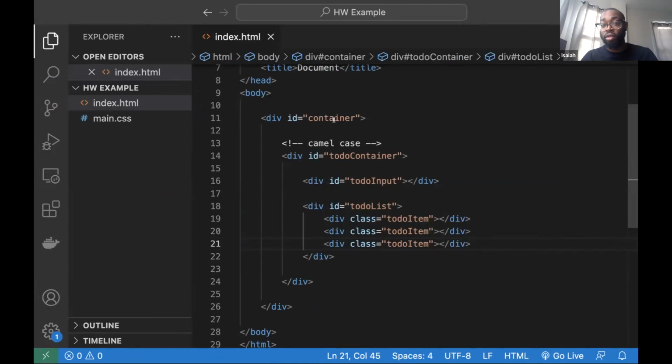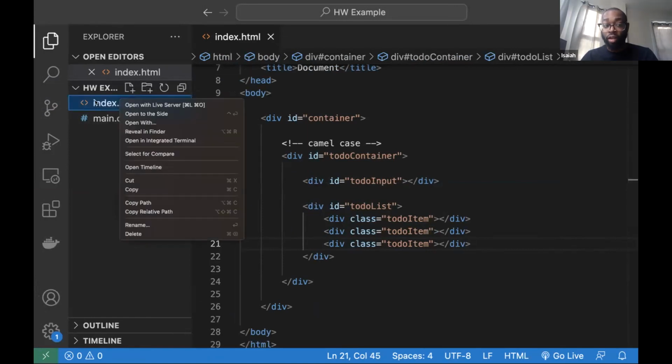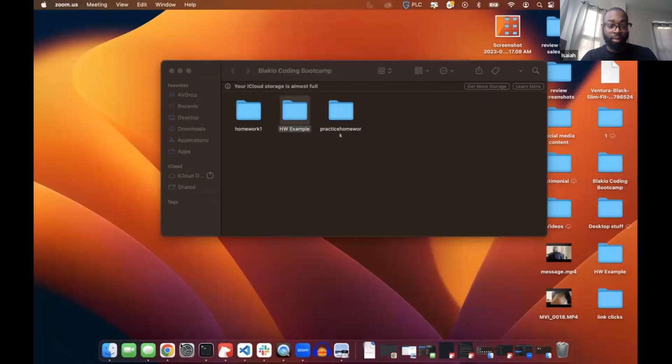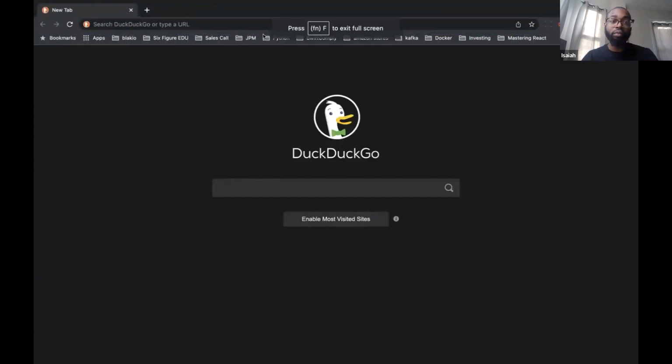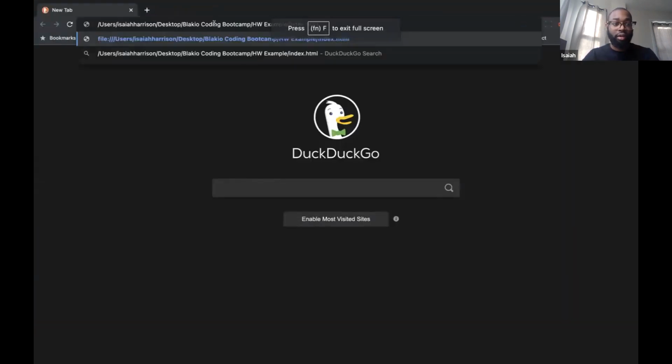You can do that 2 different ways. You can either click on the HTML file like I showed in the video, or you can right click the index file and then press copy path. And bring up the browser, new window. Paste that here. And this is the HTML file. Obviously, there's nothing inside of here, because we didn't actually write anything in there. We didn't style anything. But if we open up the dev tools,